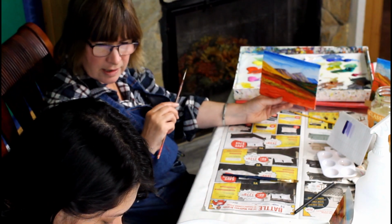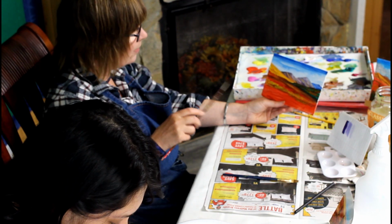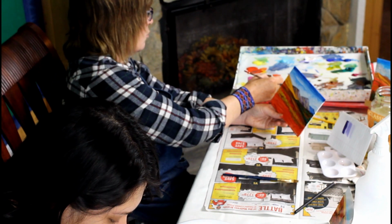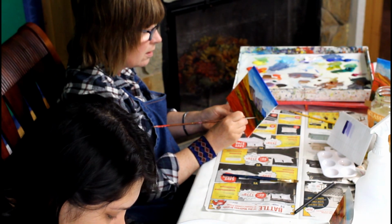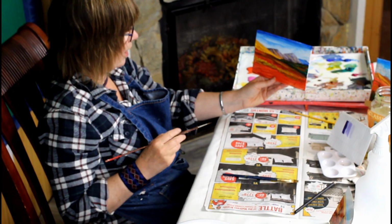That's great. You've got a nice color there. She just mixed a really nice, very light brown, and it does dry a bit darker. Usually I find this paint dries a tone darker, so it's okay for that. Okay, so